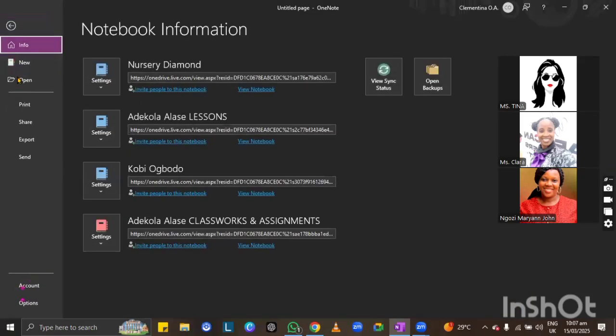Once you open up your OneNote, it will take you to a page you're seeing right here, but it will be blank because you have not entered anything yet. I've created many classrooms, as you're seeing here. Okay, so what you have to do is